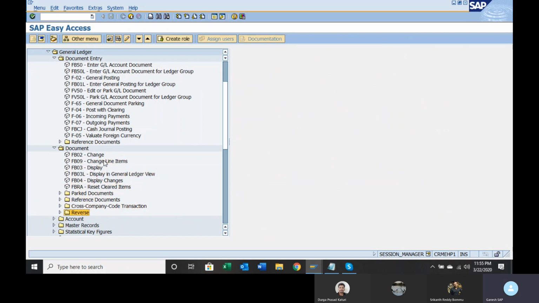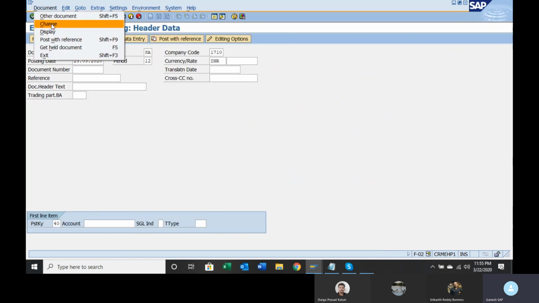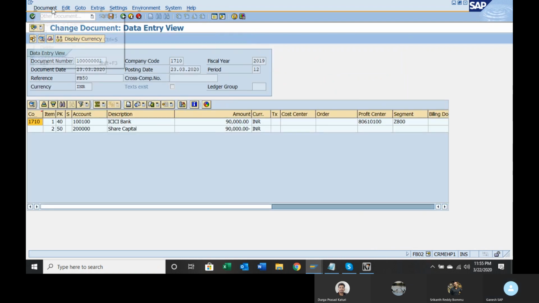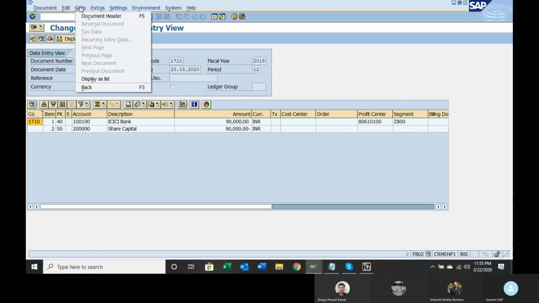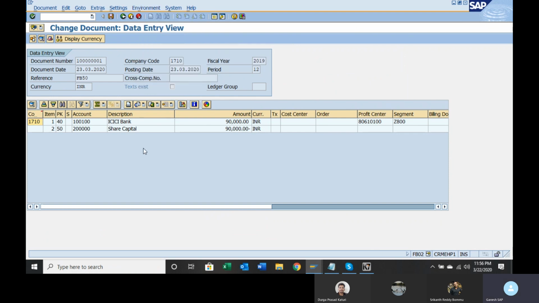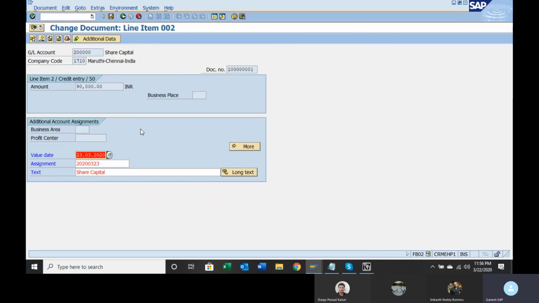Anywhere you can see the delete option. Let us go to the same place, F-02 document, change. For example, if I change something in this document, I will mention share capital testing. Save it.